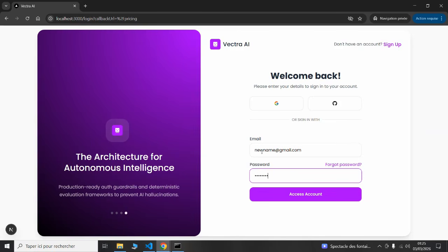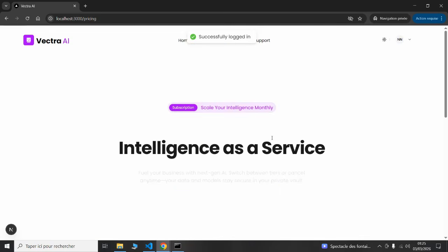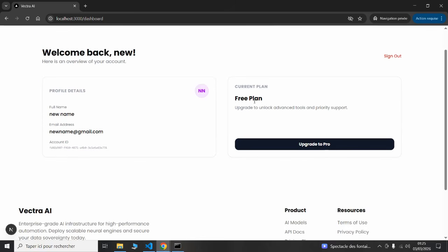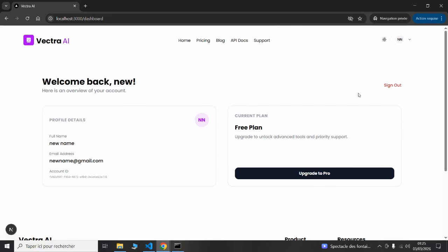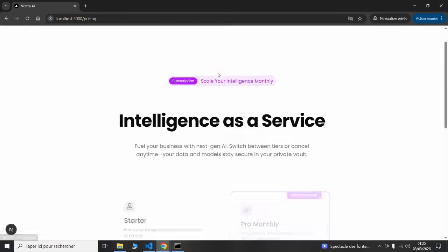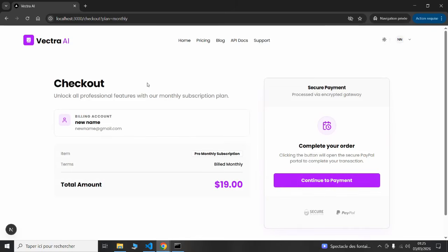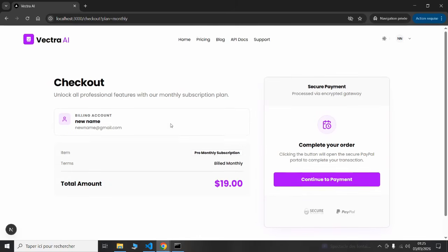I'm going to add the password. So I'm successfully logged in. If we go to the dashboard, as you can see, I'm currently in the free plan. So I'm going to go to the pricing section and click on Start Pro Monthly. Now, as you can see, I'm on the checkout